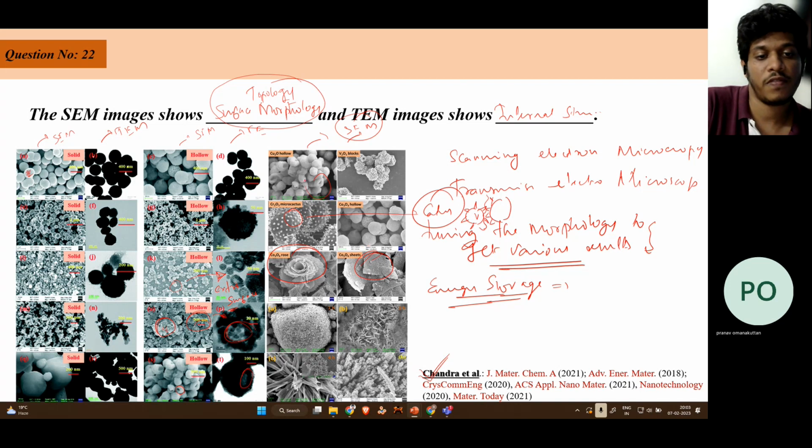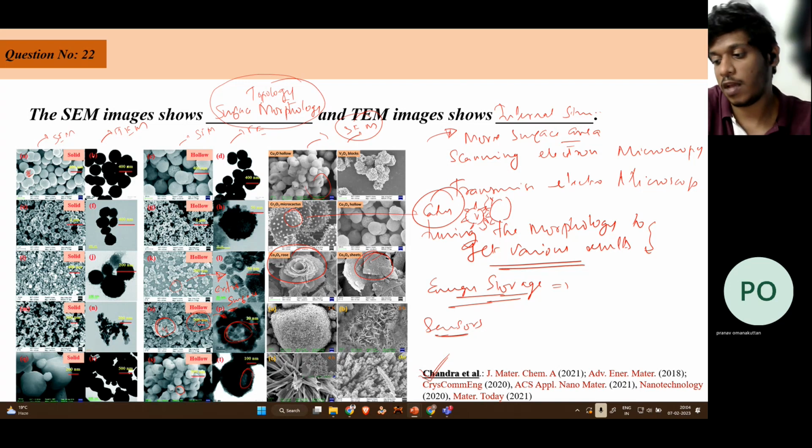These structures can also have applications in sensors, and yeah, tuning these surfaces would give us more surface area, and more surface area means more accessible area for elements to interact with,